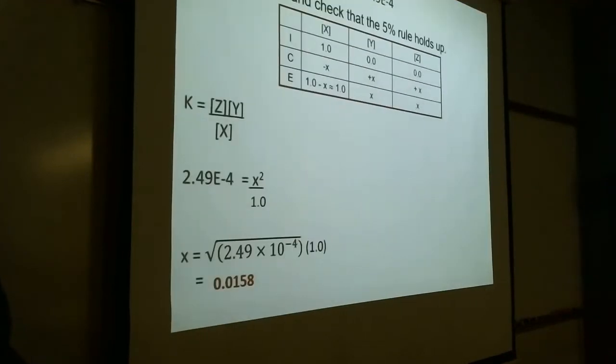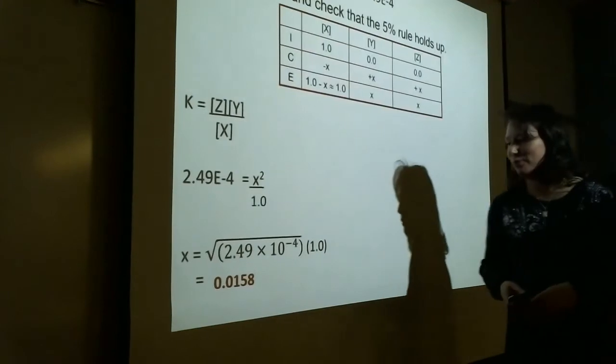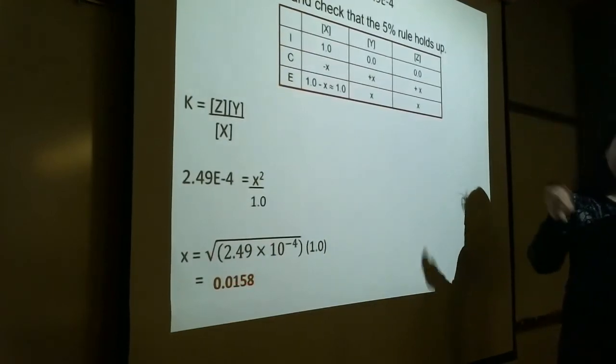Okay, sorry about that. Typos happen, right? I made a boo-boo there. When I took the square root of that, I just copied and pasted and didn't actually do the changing, so